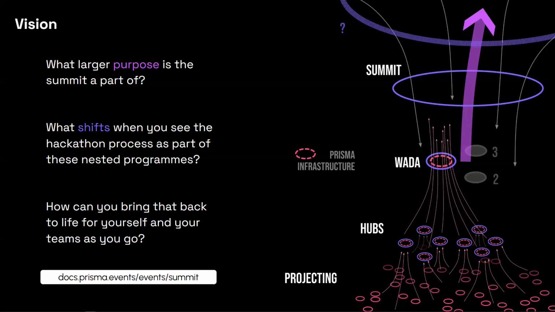I like that we're having this picture on board because it was this picture that we used in our discussion. If you can see, it goes from projecting to orbs to WADA, and WADA seems to be the crux of connection that leverages us to the summit, and the summit projects us towards the global stage. We talked about how this way of holding the hackathon brings about evolution, like we are setting the frameworks.